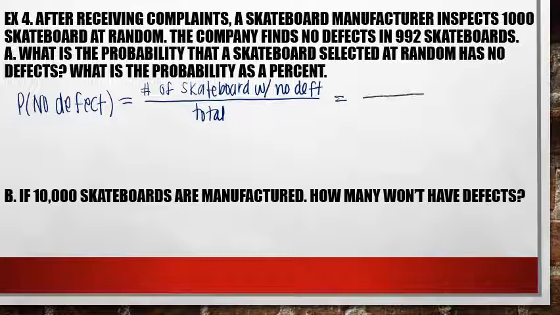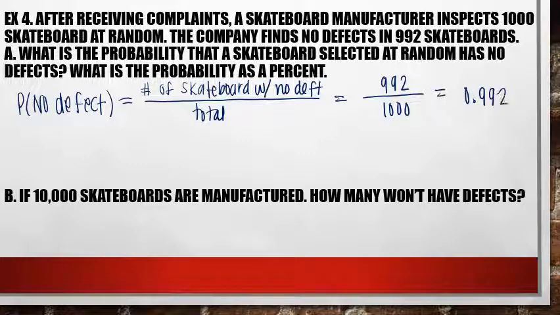So in total we had 1,000 that were inspected, and we had 992 with no defects. So we're going to plug that into the calculator, and we're going to get